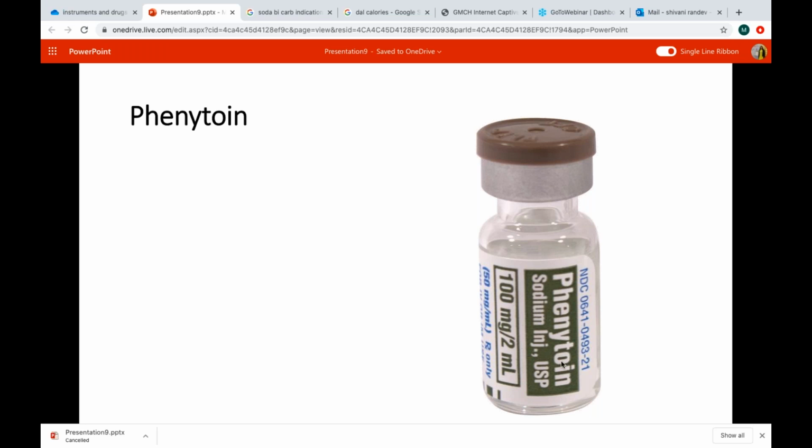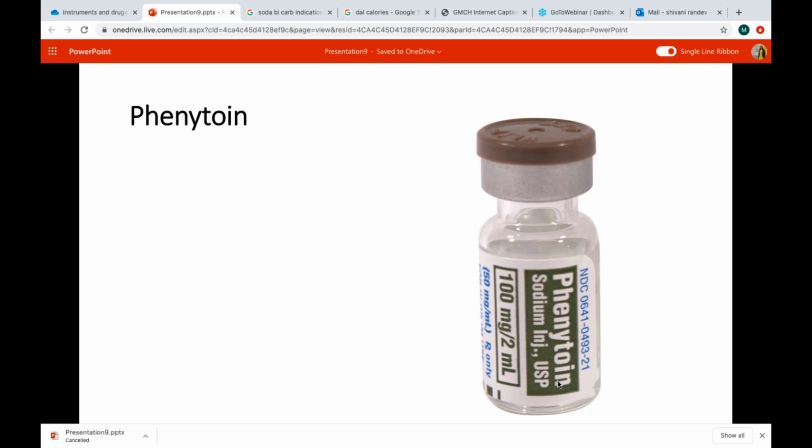So side effect of phenytoin is again arrhythmias. It is also an anti-arrhythmic drug, and all anti-arrhythmic drugs are pro-arrhythmic also. So one side effect is arrhythmias. Phenytoin toxicity can be chronic and acute. Acutely it can cause hypotension and arrhythmias, and chronic toxicity can lead to gum hyperplasia, nystagmus, ataxia, and the maintenance dose is between 5 and 10 milligrams per kilogram per day.